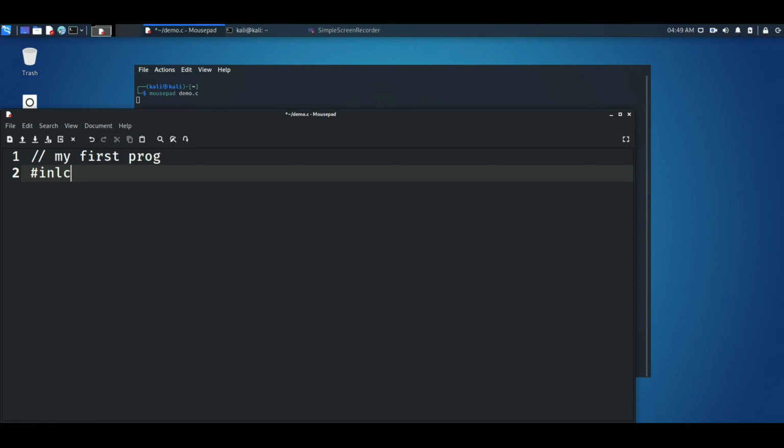So hashtag include, opening angle bracket, closing angle bracket, stdio.h, the standard input output header file. Enter. Creating the main function, parenthesis, two curly brackets in which we are going to write the code.